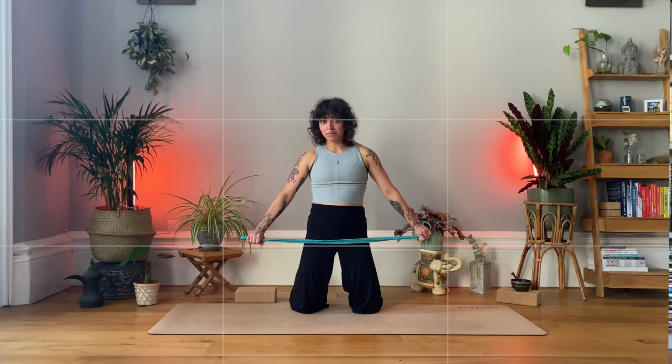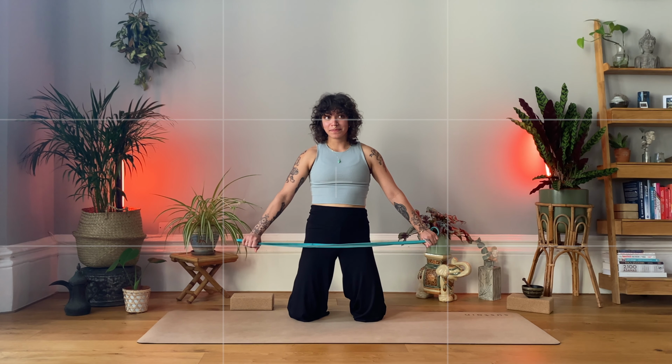Into an upright kneeling stance. Now with your strap, you are